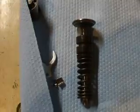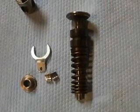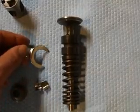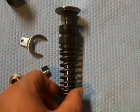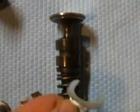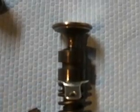Okay, I just wanted to give you video number 2 on the valve installation on the Ford 2N. I just wanted to show you a couple of things. My other video, when I was putting it in, ended abruptly. Apologize for that, but I wanted to show this retaining clip a little bit better. I don't know if you can see that, but this is the slot right here that it will go into, just like that. When you're on the underside